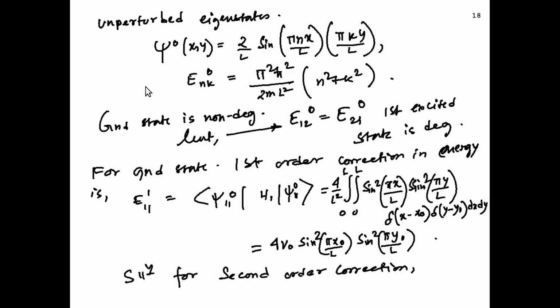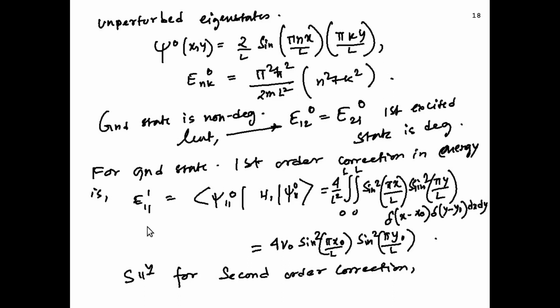The first order correction in the energy in the ground state is this E111, and that can be written in this form. Sorry, I made a mistake by starting to count from 0. I start to count from 1. So, the first is n equal to 1, k equal to 1, that is the ground state. First excited state is n equal to 1, k equal to 2, and n equal to 2, k equal to 1. Second excited state is n equal to 2, k equal to 2. So, that is a non-degenerate ground state, and then the third state onwards again things are degenerate. So, it is like that.